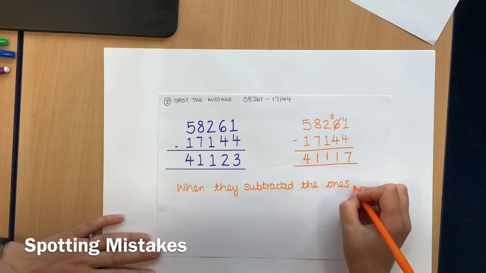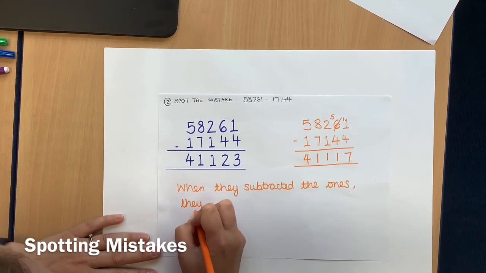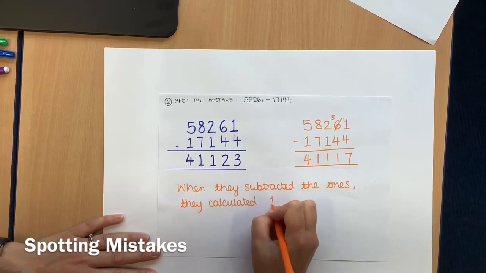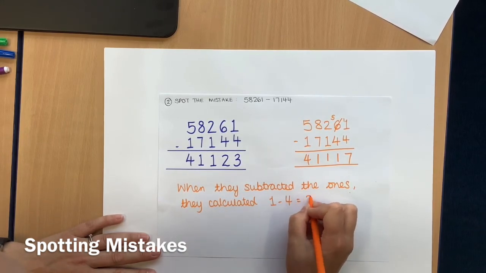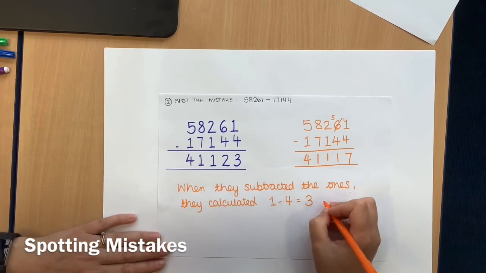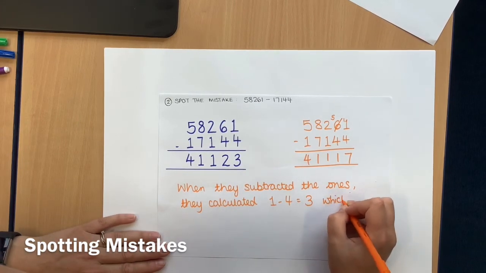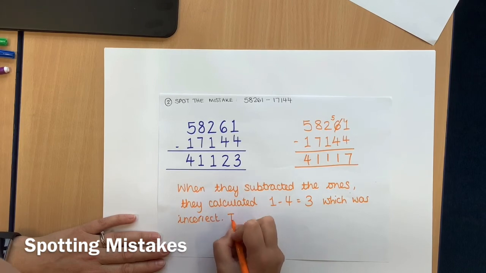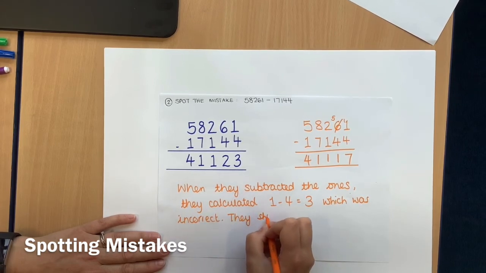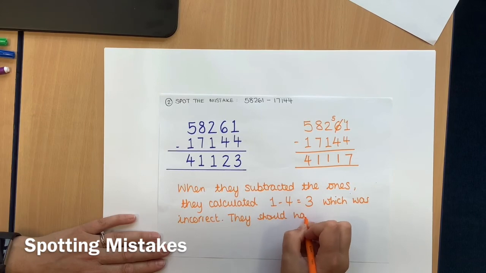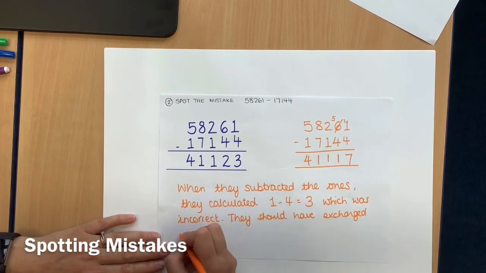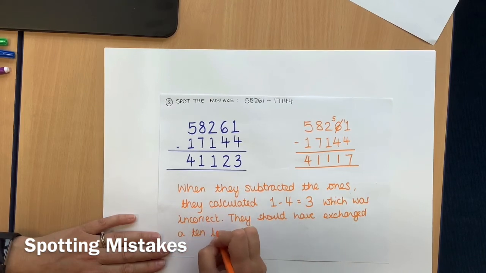When they subtracted the ones, they calculated 1 take away 4 equals 3, which was incorrect. They should have exchanged a 10 to make